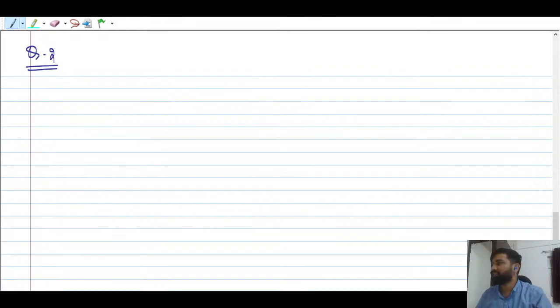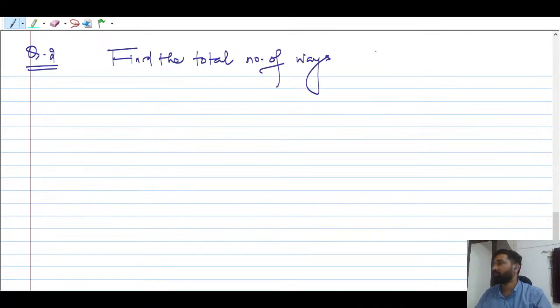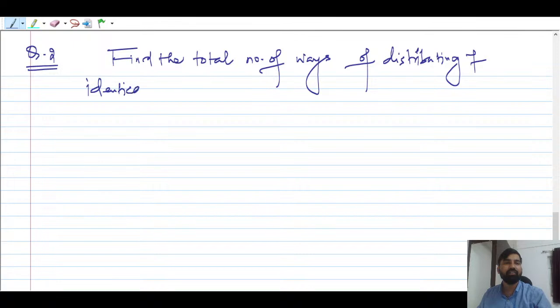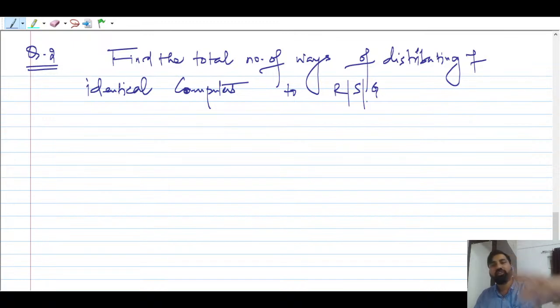So question number 2 is what? Find the total number of ways of distributing 7 identical computers to R, S, and G, right? So there are R, S, and G. You have to distribute these 7 computers to R, S, and G, right? So that